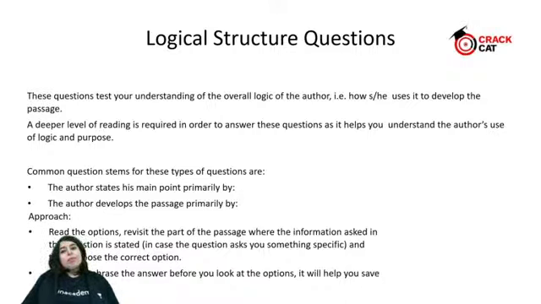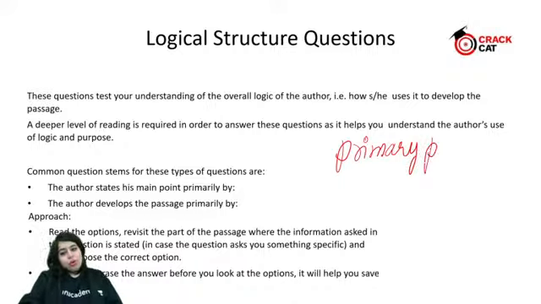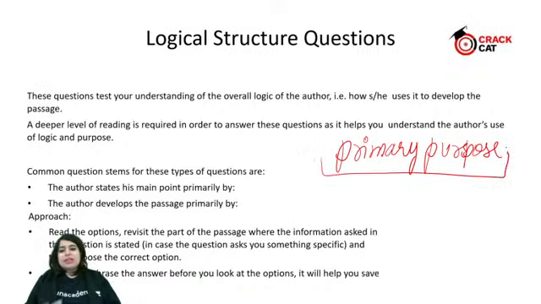So the very first question that you have to ask yourself while going about such questions is the primary purpose of the author. What do we mean by the primary purpose? Primary purpose is the reason why he has gone about writing the passage. So if you know the reason why the passage was written, it becomes somewhat acceptable or easy to go ahead with such questions. So we can look at a few question stems which come from such question types.